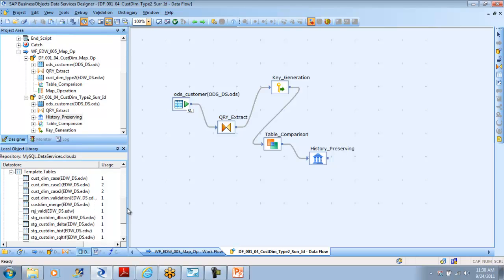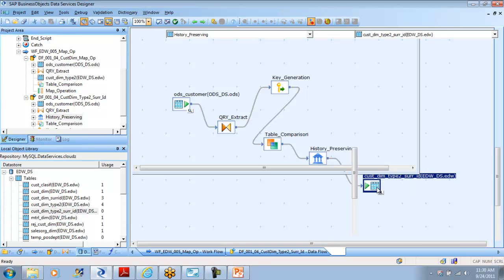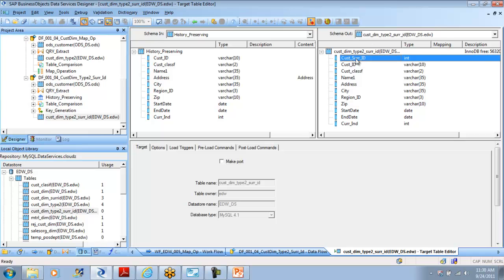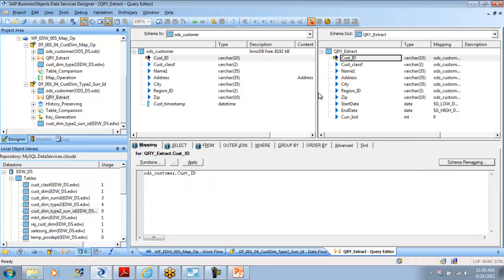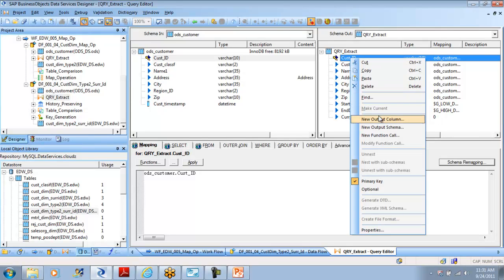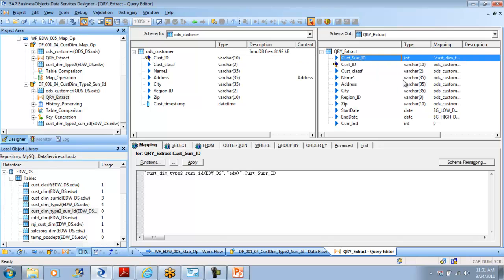Where is my table? Yeah, this is the one which is my target. So I have a new column here. I have to create the same column, and I will show you one other excellent option. You don't need to struggle to get the name, everything. Go here, copy, and you can come and paste here. That is also permitted. Data Services has developed all this after it was taken over by SAP. Insert above. Though it is pointing to a different place, I'm going to make it null,